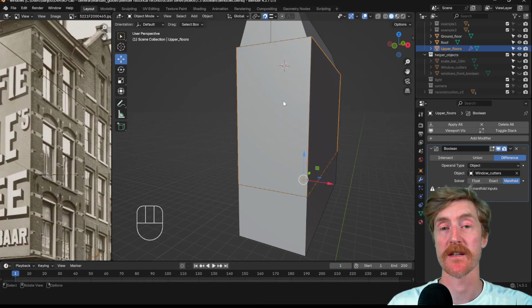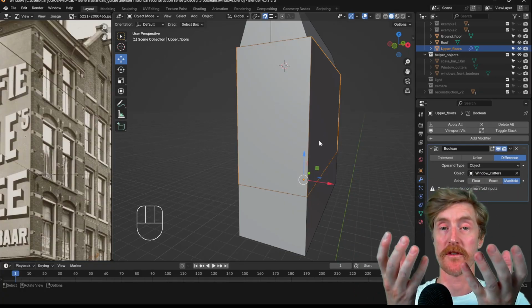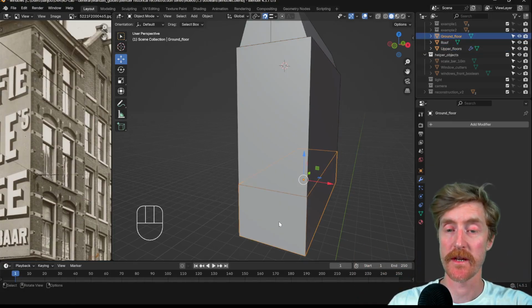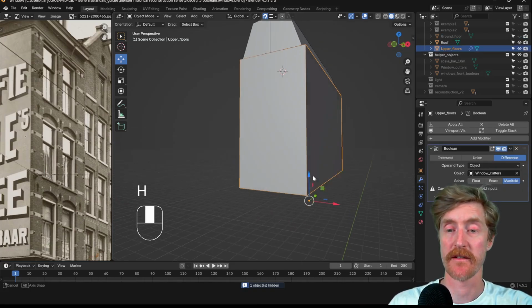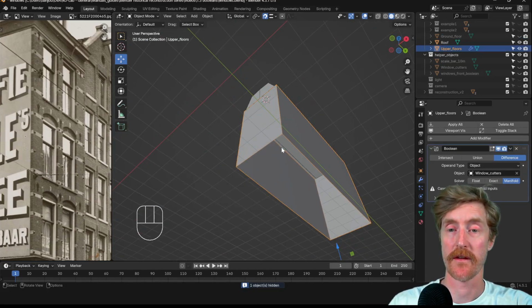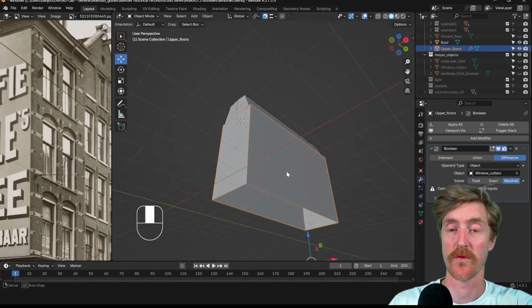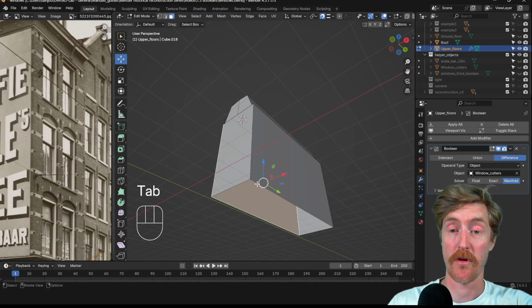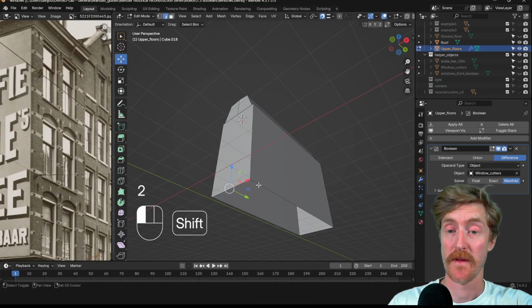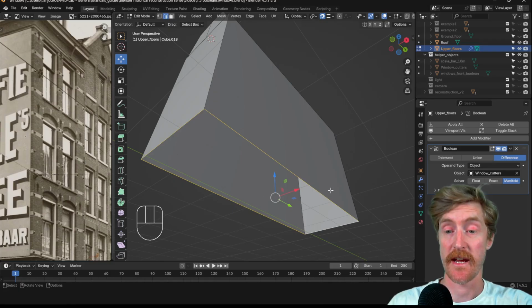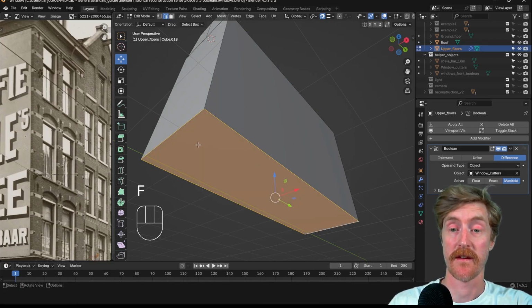And manifold objects are, for instance, objects that are completely watertight. There are no holes in them. And because we modeled this object with a hole at the bottom, in this case this manifold one doesn't work. However, if we go into edit mode, this is just an example, you don't have to follow along, and select these edges and create a face here with F,